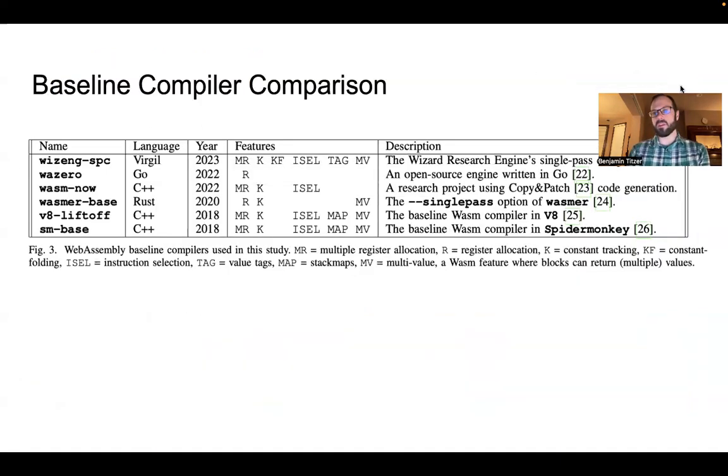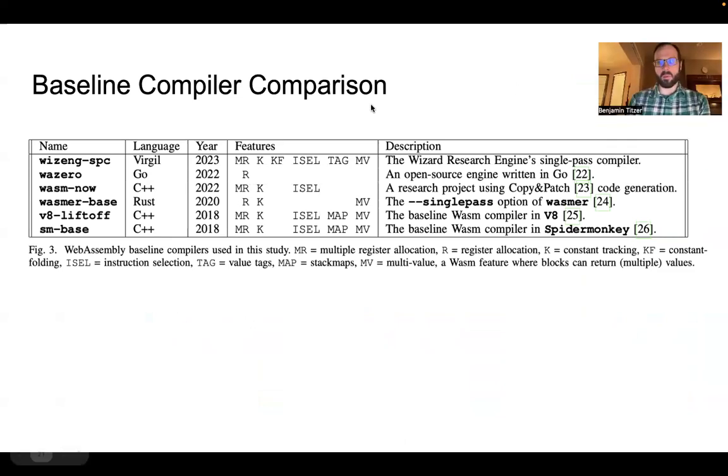Okay, so there are many other baseline compilers out there for WASM. In fact, when I worked on V8, that was the first thing that we built after the optimizing tier: Liftoff, which is the baseline compiler in V8. SpiderMonkey also has a baseline compiler. Those both came out in about 2018. And there have been other engines that have baseline compilers. I'm being very specific: I'm talking about baseline compilers that don't have an IR. There are other fast compilers that do have IRs. I left them out of this particular comparison because I only wanted to compare the baseline compilers.